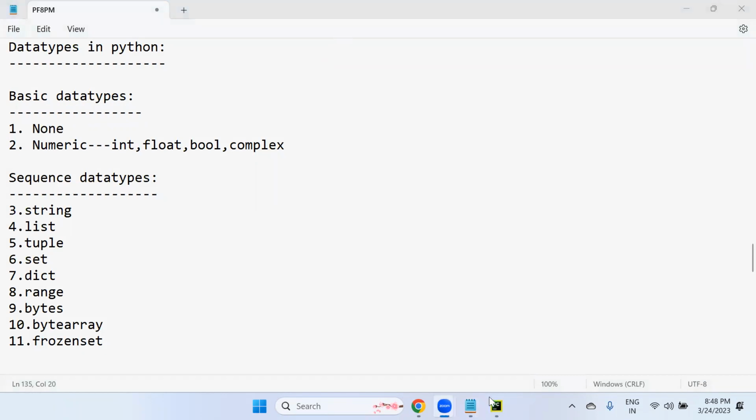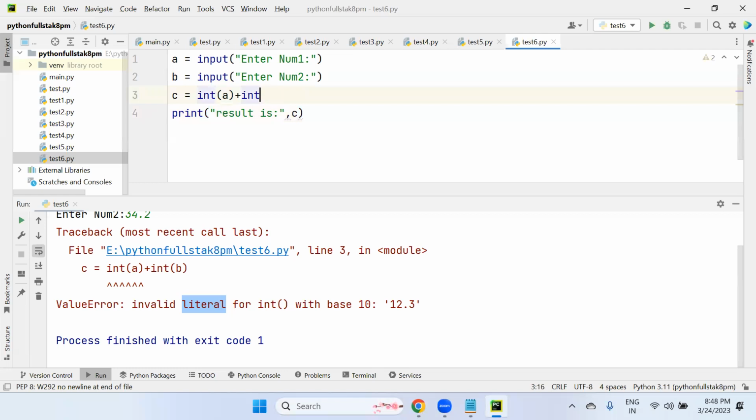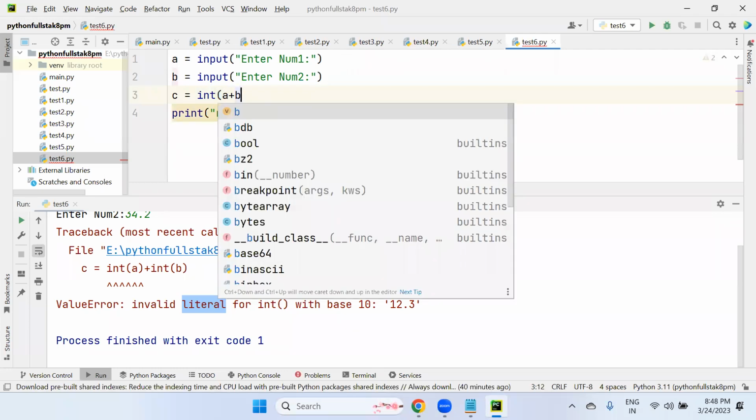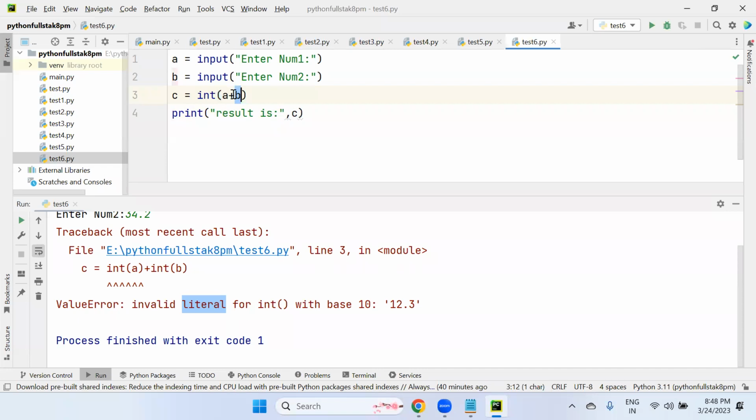Why didn't it change? int of a plus b, why would it change? So a is string, b is string, string plus string is string only. Total result is string only, 10, 20. See, here the A value is 10. Assume I'm writing why it is not changing. A value you are entering is 10, a string. Again B value is a string, 20. Both strings are added. Already added means this result is there, no? Even if this result is then converted to integer, it is the same result only. Got my point?